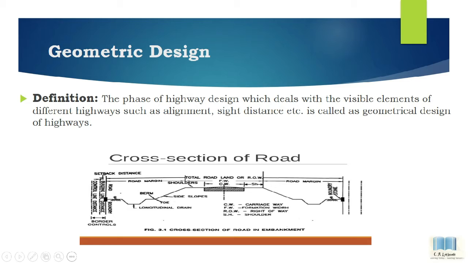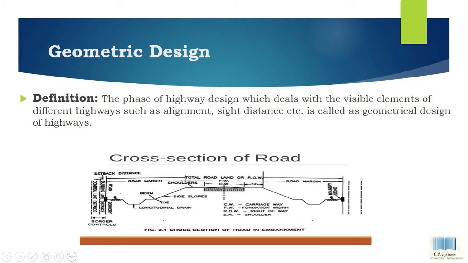The elements of highways, that is alignment, side distance, road margin, setback distance, total road length, etc. The elements of highways we can easily see with our eyes. These elements we can design in highways. The elements such as side distance are called geometric design of highways. Then also, in order to provide safety and comfort to the road users, proper geometric design of the road must be done